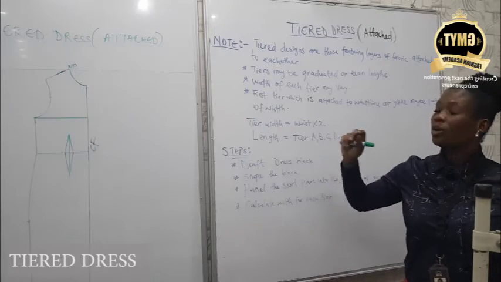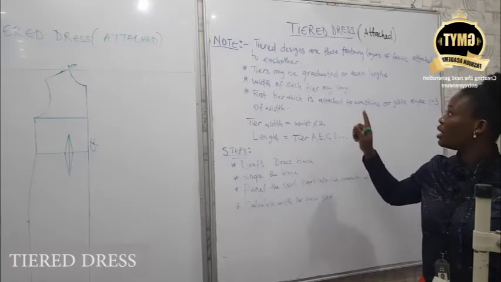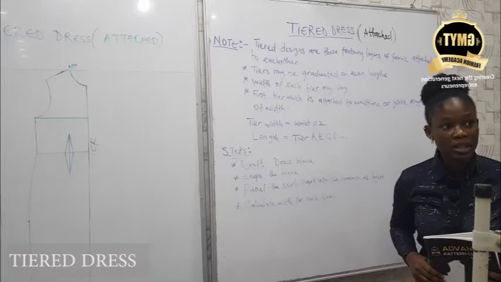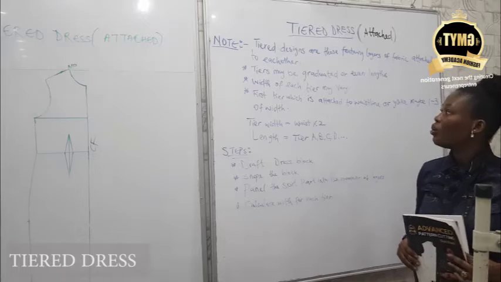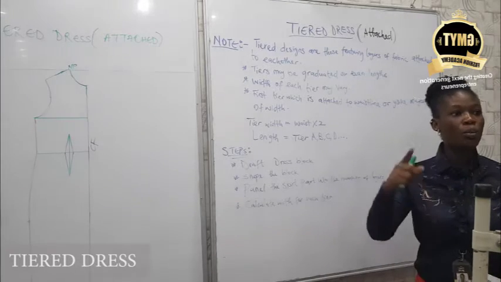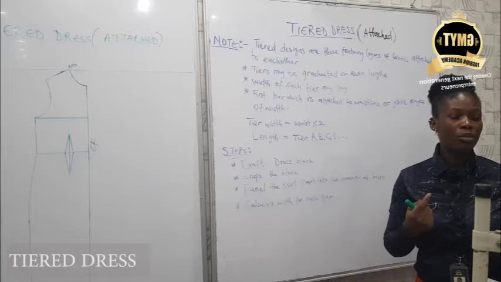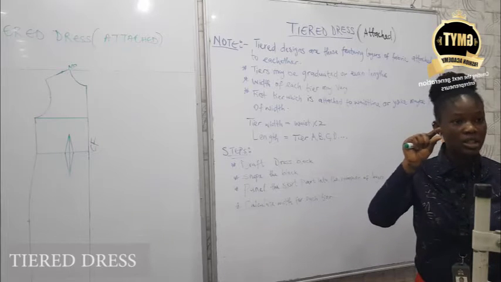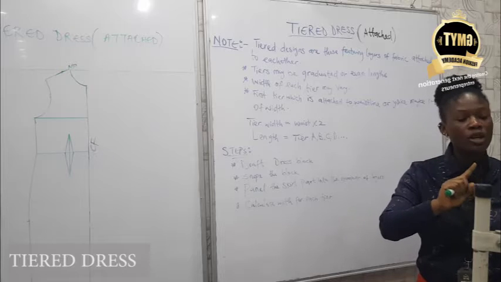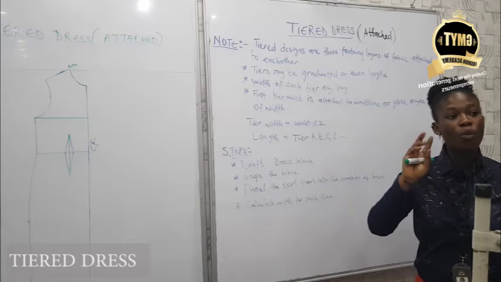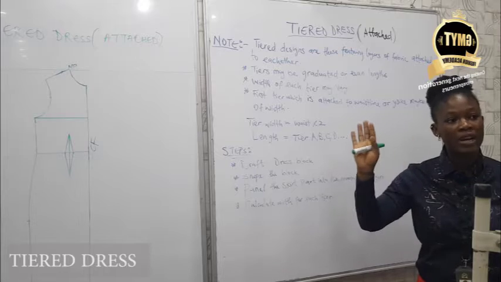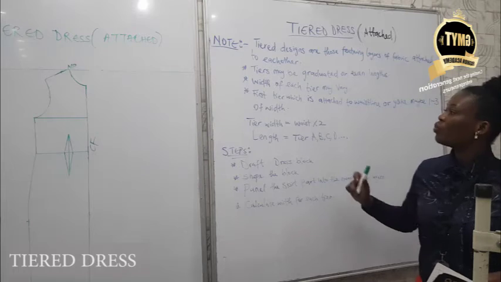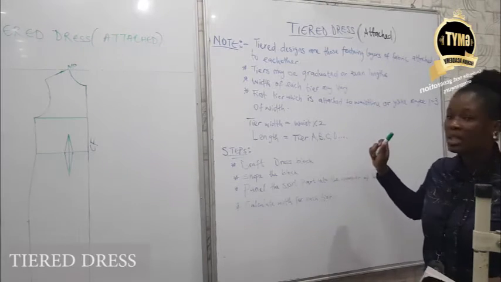So then, as for your width, the width of each tier might vary. It all depends on the fullness you are working with. So when you are dealing with width, you multiply wherever you are attaching the tiers to, maybe the waist or the hip, that's the first step. You multiply it starting from 1, 2, 3, 4, 5, 6. It depends on the fullness that you want. So your first tier, which